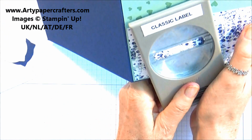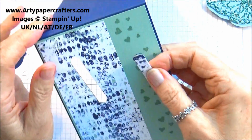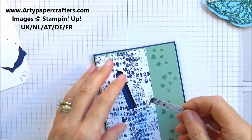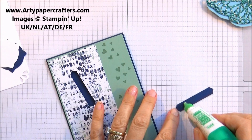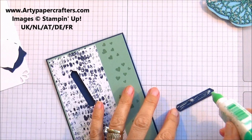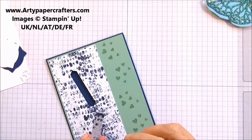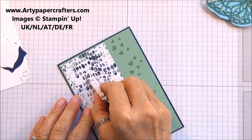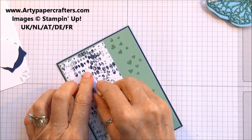And then we are going to punch. Now you need to keep this piece because we are going to glue it back in. So with your glue in here, and making sure that you got it the right way up, the way it came out, you are going to push it back in,